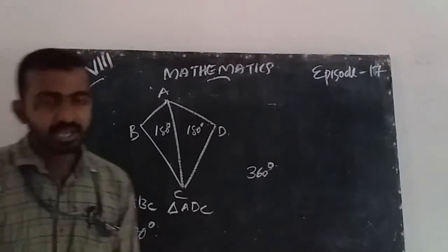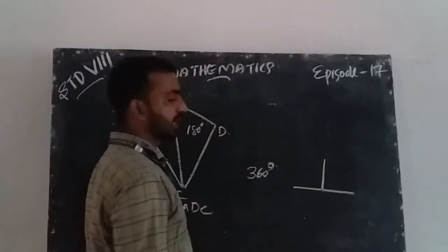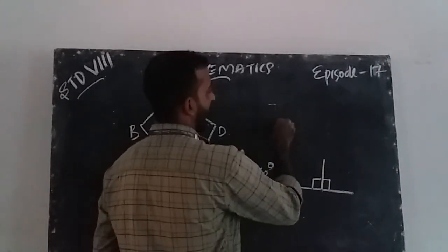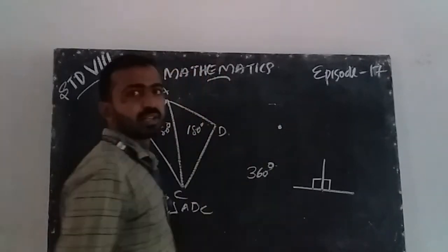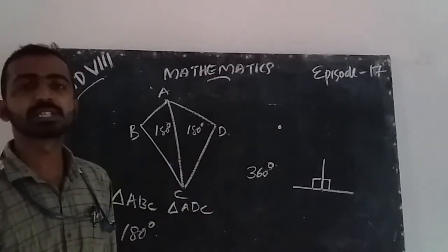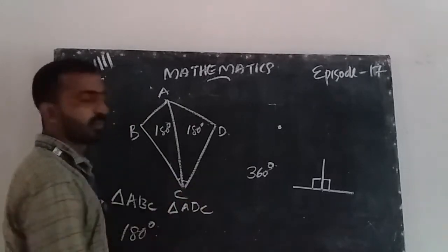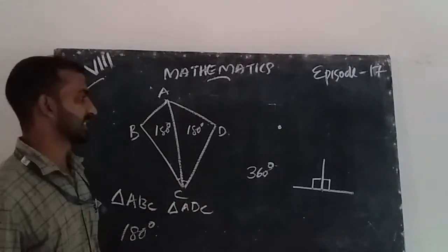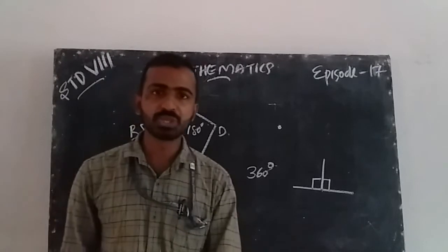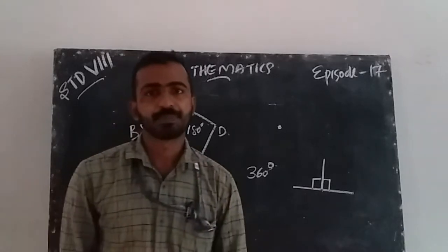Yes. And next, what is the angle here? Here is 90 and here is 90. Angle around a point must be 360 degrees, and the half portion, we can write here. Is it? Yes. In your textbook, do this. There is a portion, just read it and you can find the answer.